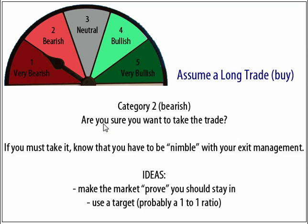Now, let's assume, again, on all these, we're buying, we're taking a long trade. In this case, we're looking at a category 2 or a bearish trade. And again, I would ask, are you really sure you want to take this trade? Is this a trade that if you took 100 times is going to be more than 50-50? I don't know, but if you're really aggressive, or if you're someone that just doesn't have the patience, and you insist you have to take that trade, I would still ask you again, are you sure you want to take the trade? But if you do, what it means is at least have the discipline to know that you have